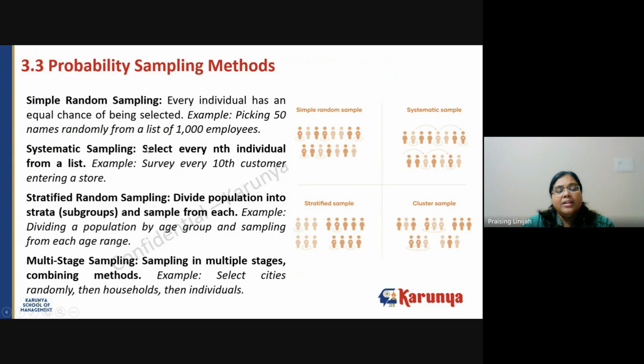employees. Whereas in systematic sampling, you select every nth individual from a list. Say in the same case, as an example, survey every 10th customer entering a store. You would like to do a survey among the customers to identify, say, satisfaction, or what feedback they would like to give on a particular product. If you are using systematic sampling, every nth individual from the list can be counted